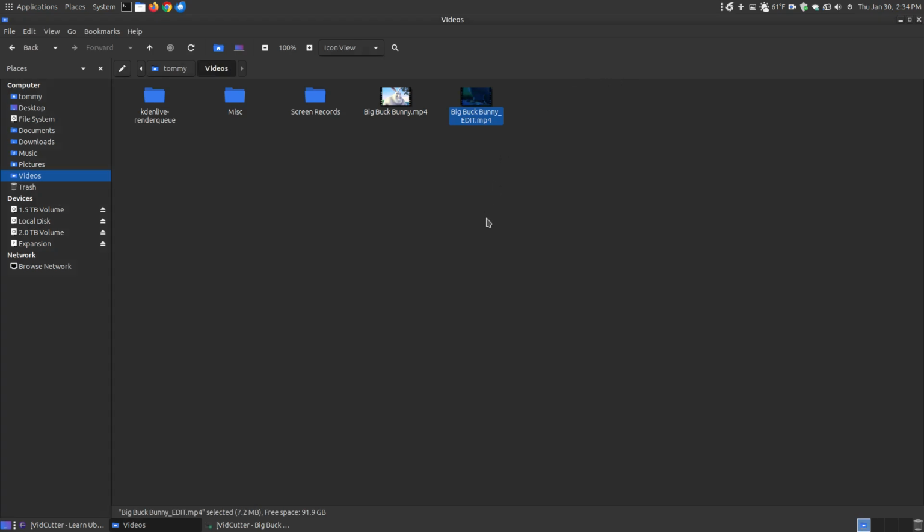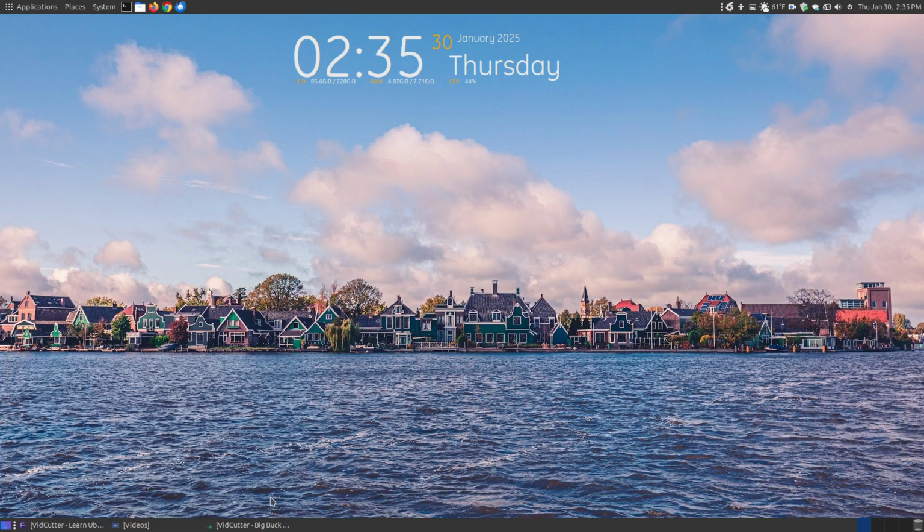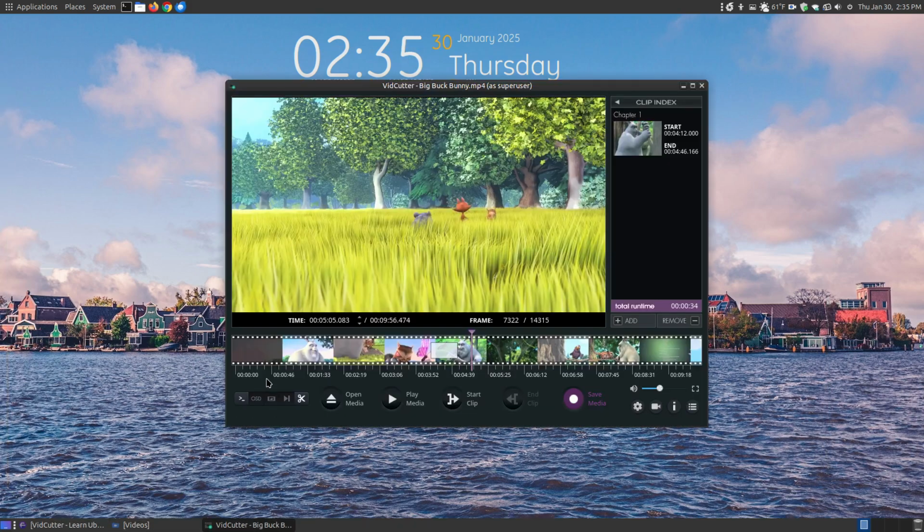So if you need something to trim off a video or to edit out sections, this can do a little bit more than what I'm showing you, but this is not a very powerful video editor. It's not quite as powerful as Avidemux or any of the others. I know there's other programs out there like LosslessCut that's a lot newer, and there's several more, and in the future I'll be looking at those. It's just I have more experience with this one, and this one still works on Ubuntu